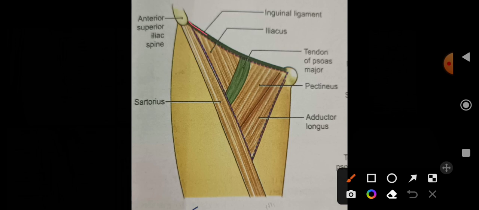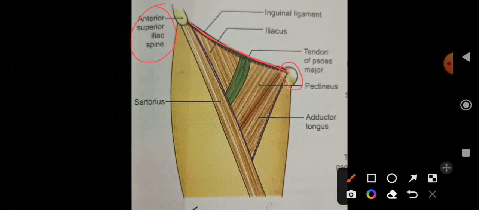Inguinal ligament is shown right here. This one is the inguinal ligament. It starts from the anterior superior iliac spine and ends at the pubic tubercle right here. This is basically the inguinal ligament. So the inguinal ligament forms the base of the femoral triangle, where we're talking about the